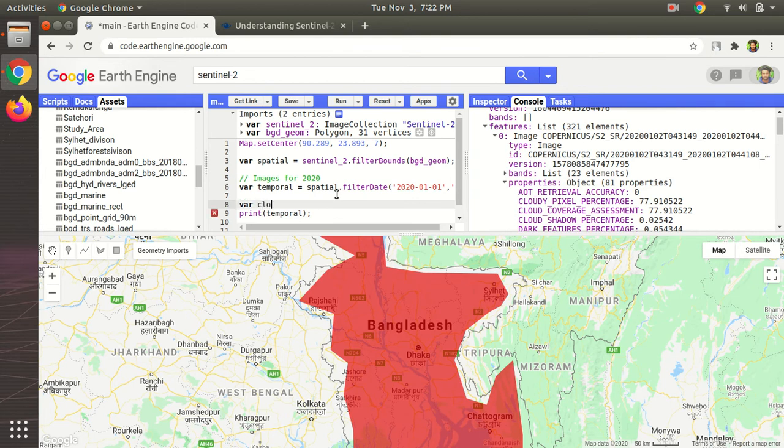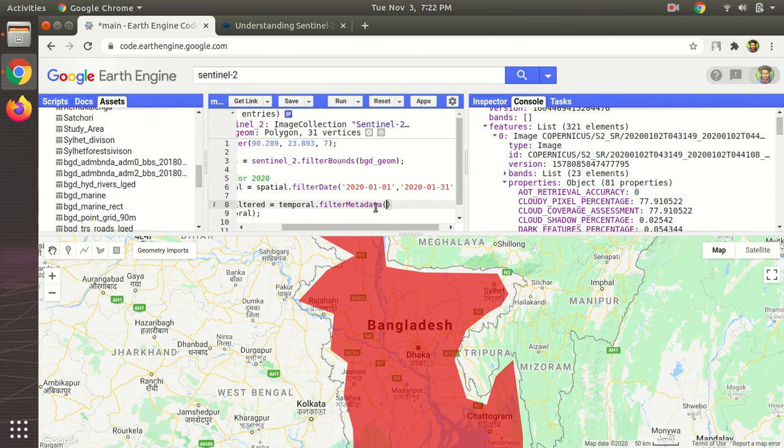So var cloud filtered is equal to, now we are filtering temporal again using this function filter metadata. The first argument or parameter is which attribute. These are the attributes: cloudy pixel percentage, cloud coverage assessment, features that we are trying to filter using.